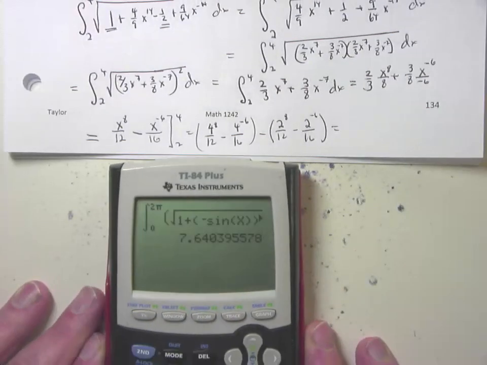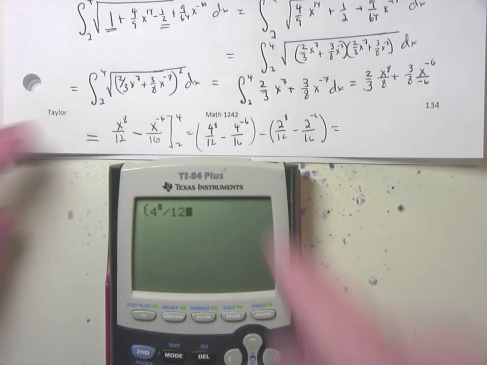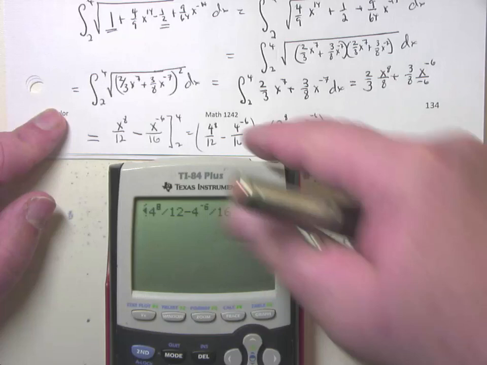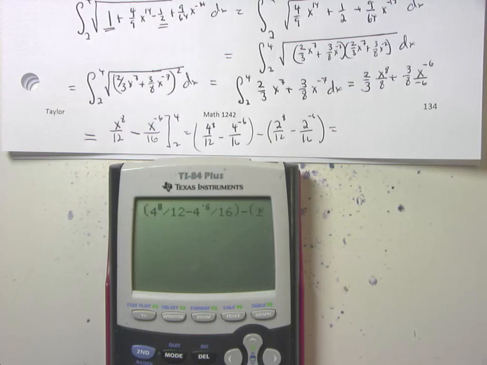And plugging in on my calculator so you guys can see this thing. Here it is. It is 4, put parentheses around it, 4 to the 8th divided by 12, minus 4 to the negative 6 divided by 16, close parentheses, minus, parentheses, 2 to the 8th divided by 12, minus 2 to the negative 6 divided by 16, close parentheses, enter, and I get